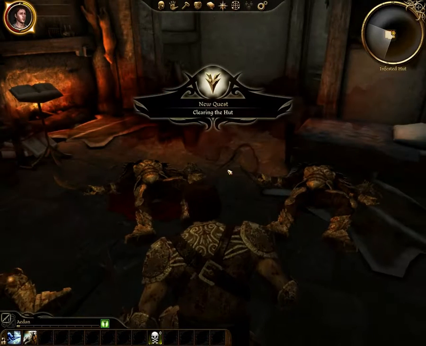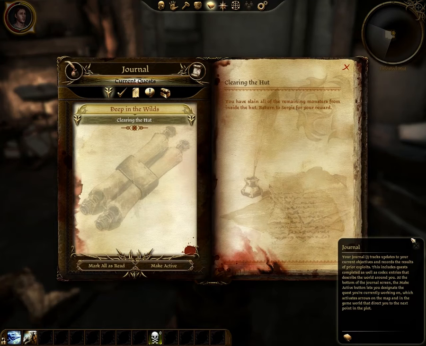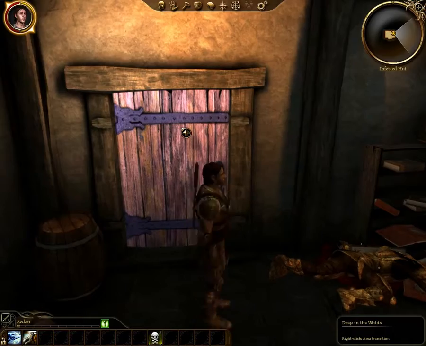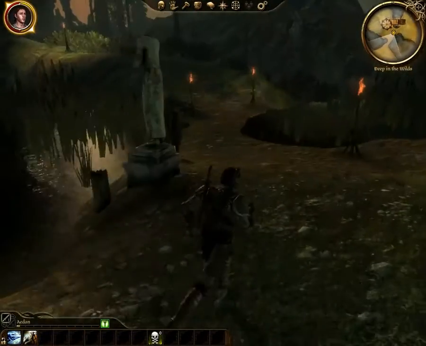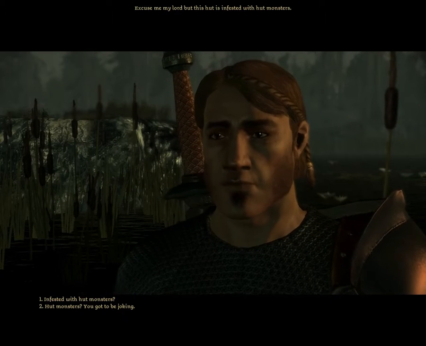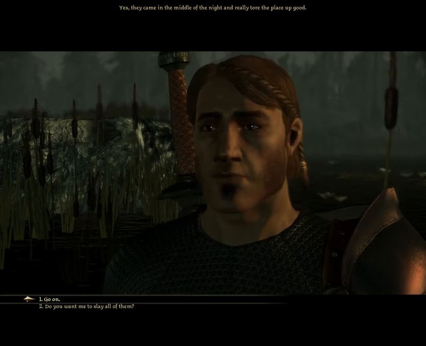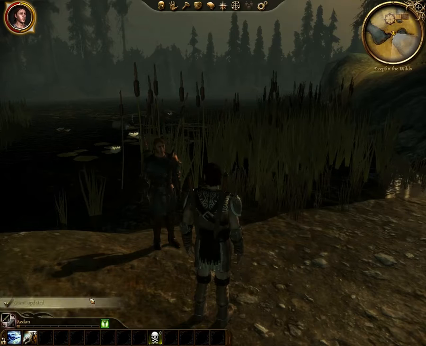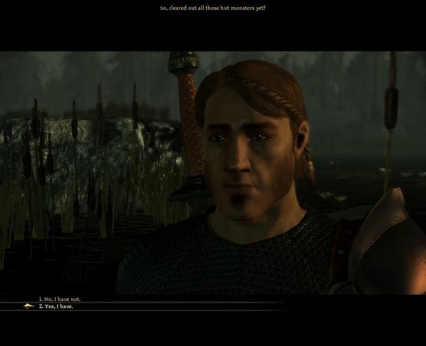Alright, I cleared all those guys. You notice that I didn't talk to Sergi, and my quest actually popped up here and gave me a journal entry that's saying talk to Sergi for my reward. So I go to Sergi. As you can see, Sergi's a little bit buggy because he does not know that you actually defeated the hut monsters. So are you going back to try to accept a quest that you already have, as you can see here? Then you can accept your reward. So there's a little bug, and I'm going to show you how to fix that